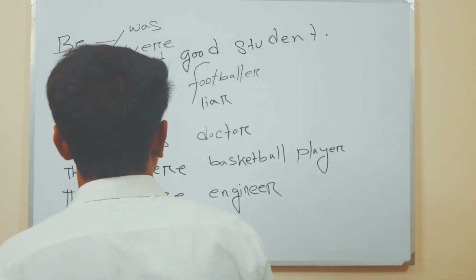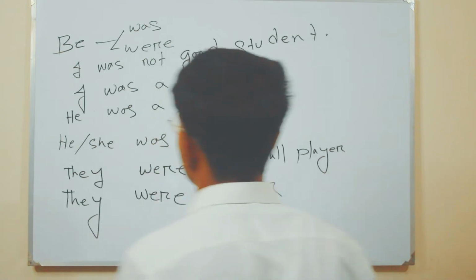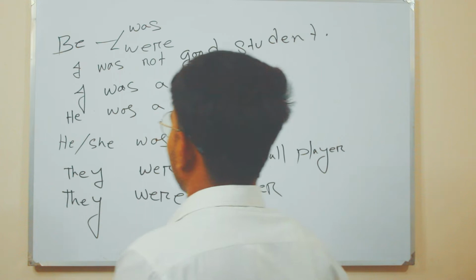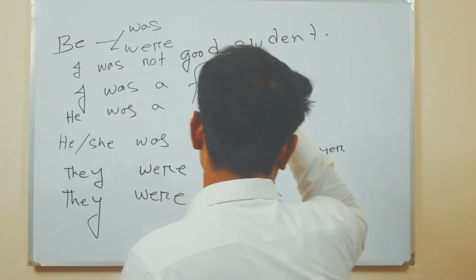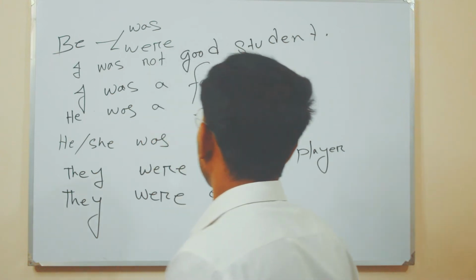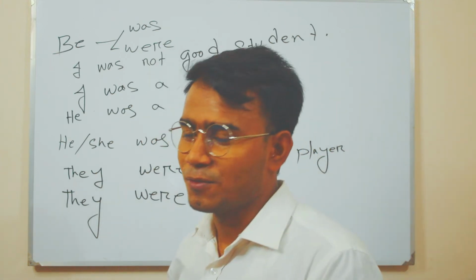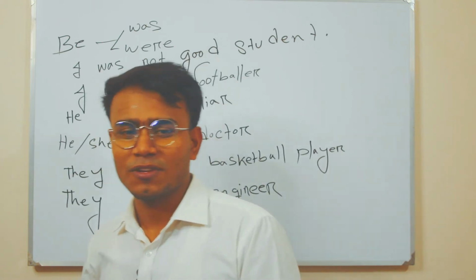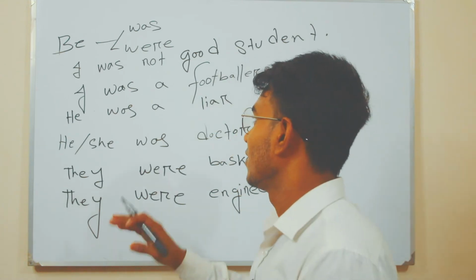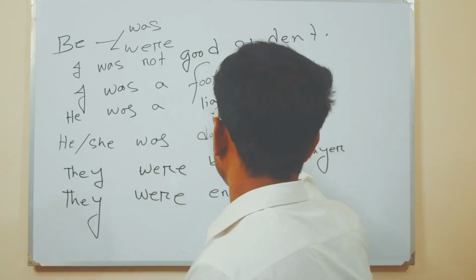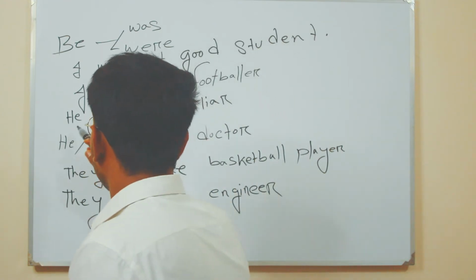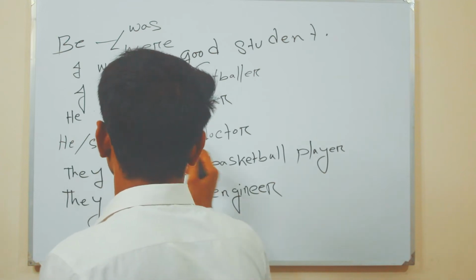I was not a good student. আমি একজন ভালো স্টুডেন্ট ছিলাম না। I was a footballer. Yes, I was a footballer. I used to play football. আমি ফুটবলার ছিলাম। I love to play football with my friends. So my favorite game is football. I love to play football. So next one is he was a liar।